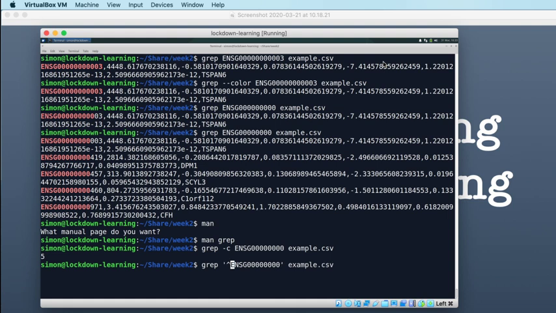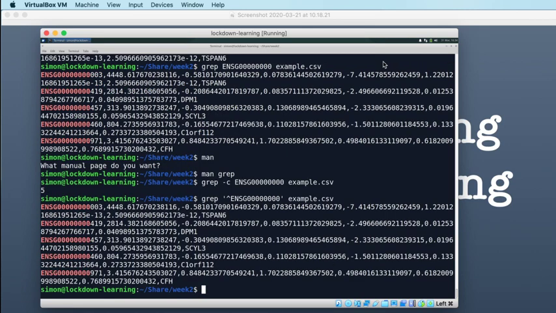So if we want to make sure that our results are at the beginning of the line, then we precede our pattern with this caret symbol, the little hat symbol, which is above the 6 on a standard UK layout keyboard. So Shift and 6 to get the little caret symbol. And this will ensure that all of your results only occur at the beginning of the line. That's not particularly useful in the case of this grep, but